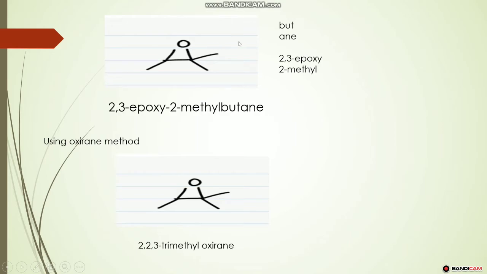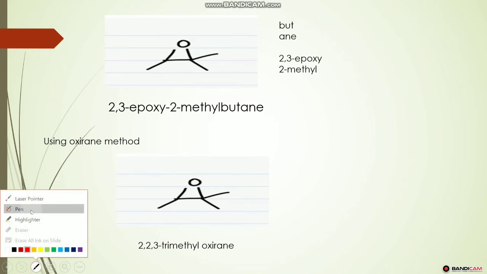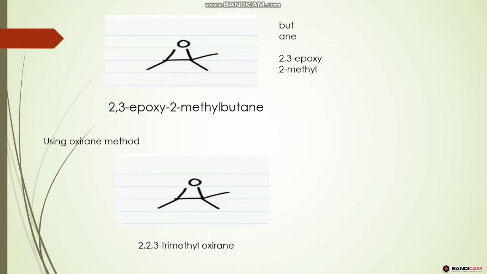But if we're going to number from right to left, 1, 2, 3, 4, still the epoxide is attached to carbon 2. But since there is an ethyl group here, we need to do the numbering from right to left. So this will be number 1, 2,